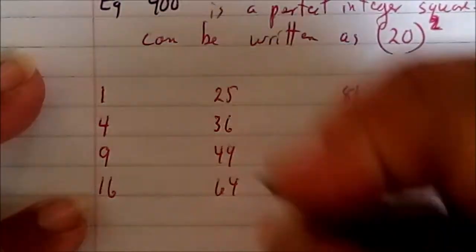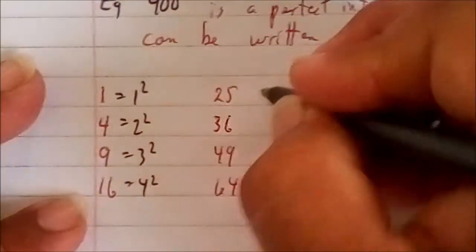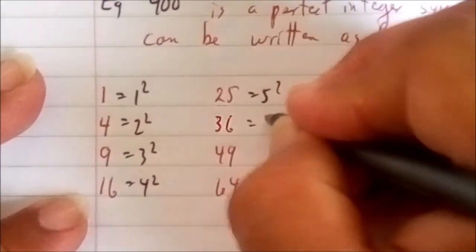This could be written as 1 squared, 2 squared, 3 squared, 4 squared, 5 squared, 6